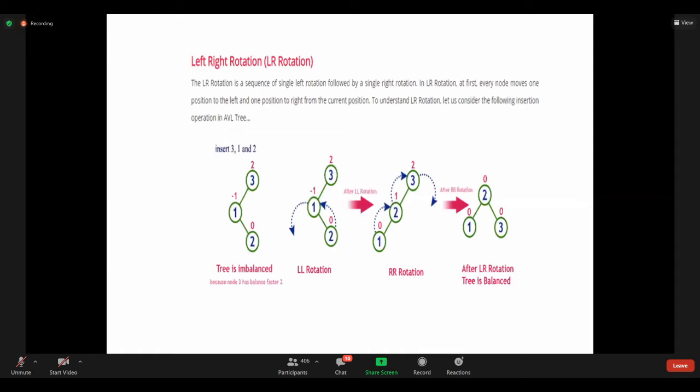What are the numbers we have? 1, 2, 3, right? Write the numbers in sequential order. What is the sequential order? 1, 2, 3. After writing the sequential order, the middle one you make the root, and left and right according to BST, right? This is the shortcut for LR rotation. Okay. So how can we identify it is LR? Is it clear? How can we identify it is LR? It is clear, right? So answer me then.